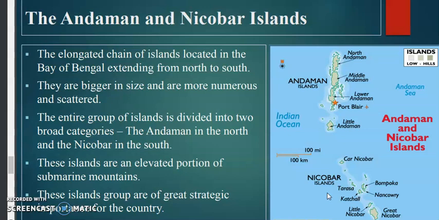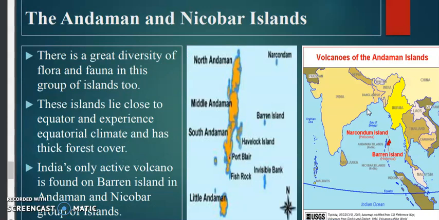This island group also has very great importance. Port Blair is the capital as well as the administrative headquarters of Andaman Island. In Andaman Island we can also see a great variety of flowers, flora and fauna. Andaman Nicobar, you all know about the equator. The Andaman Nicobar is very much close to the equator. That's why we can see the equatorial climate over there. You will find the temperature is high as well as a high amount of rainfall occurs. And a high amount of vegetation cover is also present.